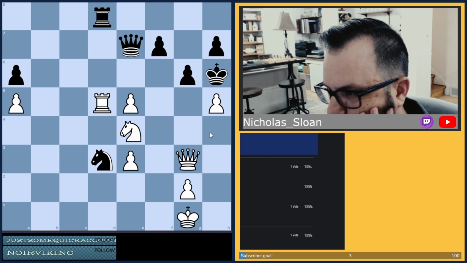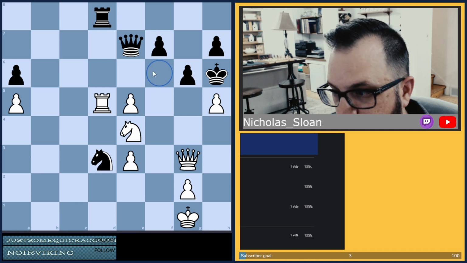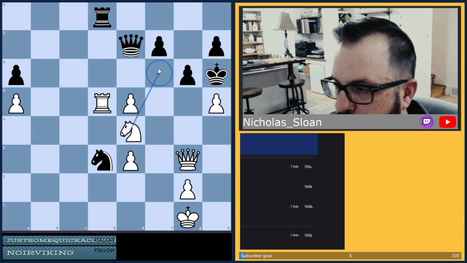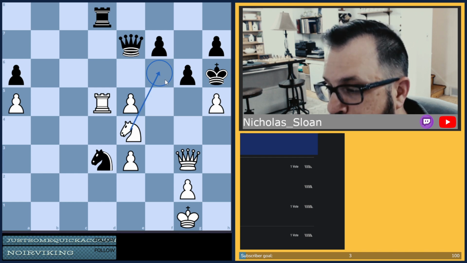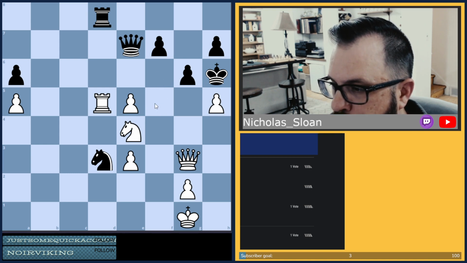I feel as though we possibly need to open lines to the king, but this talks about the hole on f6. So I feel like this might be a good place to start, but it's not forcing. There's nothing forcing about this move, so I feel like we don't need to start there.